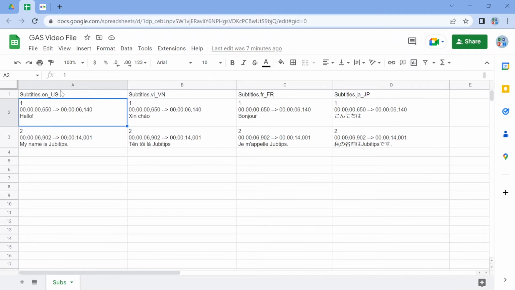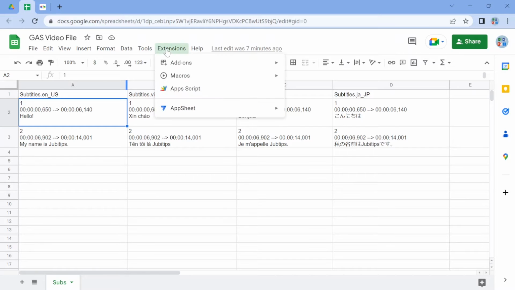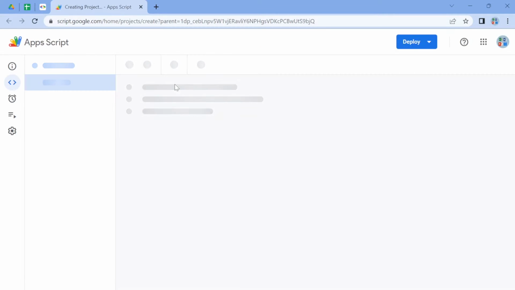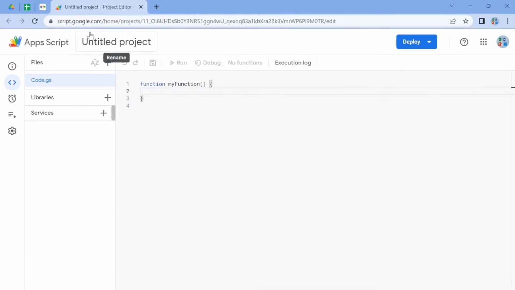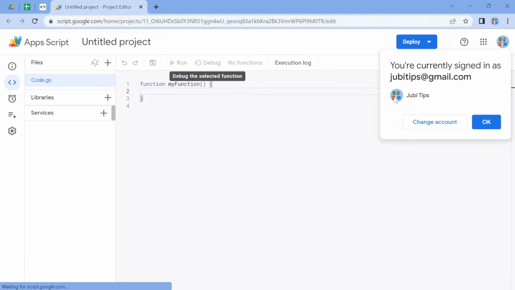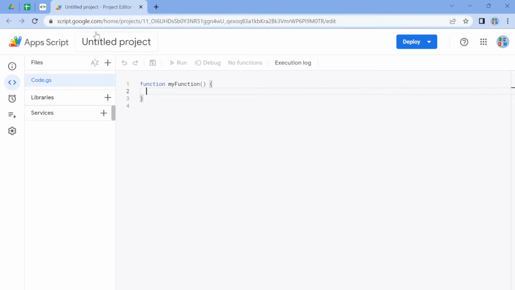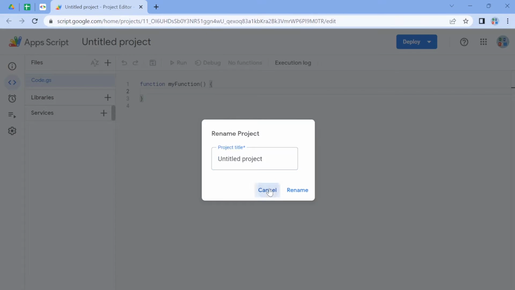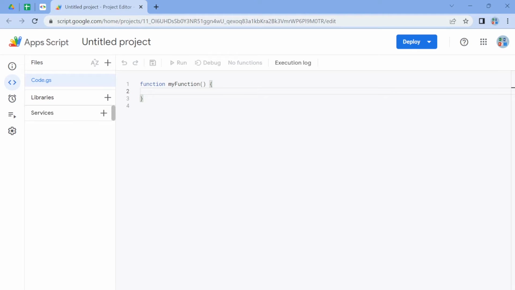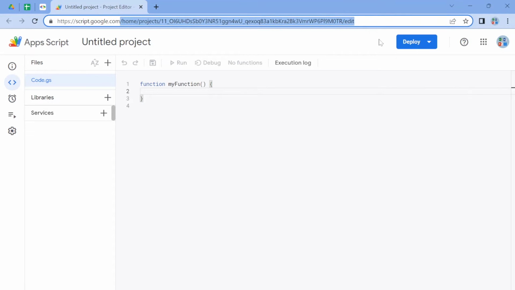So when you're in Google Sheet, if you want to start a macro, otherwise known as Google Apps Script, you're going to go to Extensions, Apps Script right here, and it's going to open up a new tab for you. The URL of this tab is going to be script.google.com. So actually, this is an entire project, but you don't even have to go there via the Extensions tab. Next time you can go directly to script.google.com.